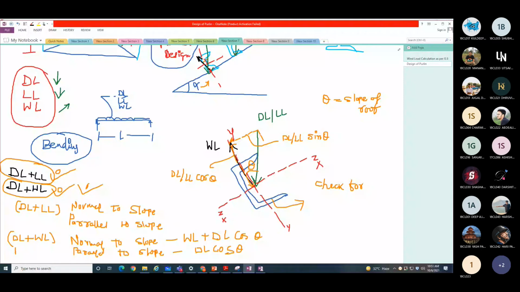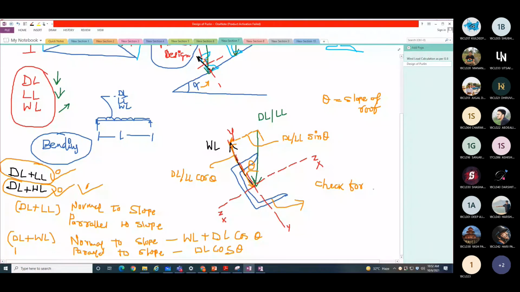देखो आपने एलिमेंट्री डिजाइन is completed in your class. Elementary design in terms of bolted design, welded design, tension member design, compression member design, steel beam design. So all these chapters are completed in your class. Now the structure is going on. So structure is made up of elements only. So यहाँ पर स्टील बीम की डिजाइन आपने जो की है वैसे ही हम पर्लिन की डिजाइन करने वाले हैं.